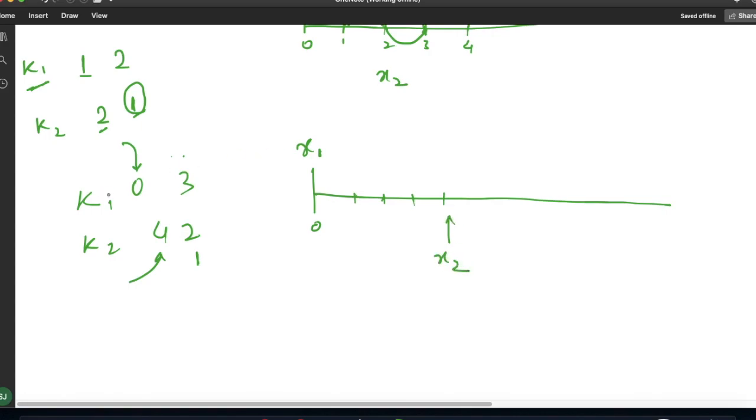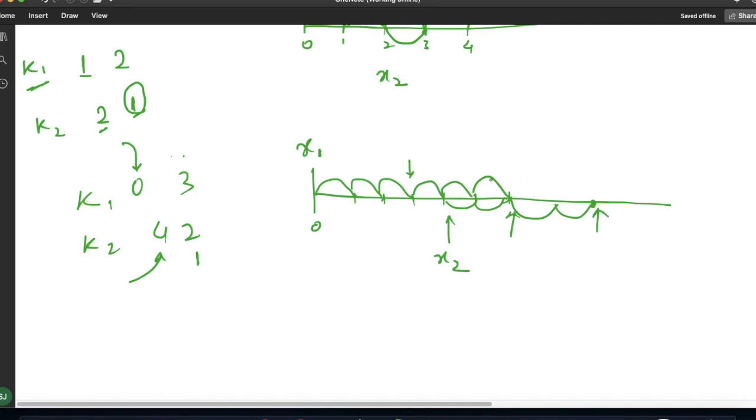Now you can see here k1 jumps 3 meter at a time, so 1, 2 and 3, it reaches here, and k2 jumps 2 meter at a time, so it will jump 1, 2, it reaches over here. Now again k1 jumps 3 meters, 1, 2, 3. You can see here in the second jump it reaches here, but in the second jump k2 will reach 1, 2 here.